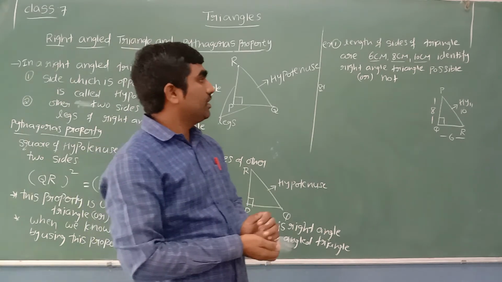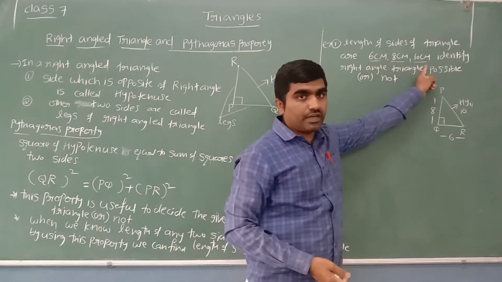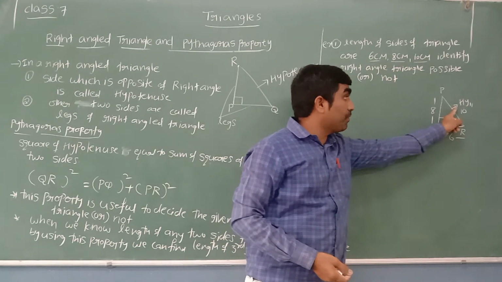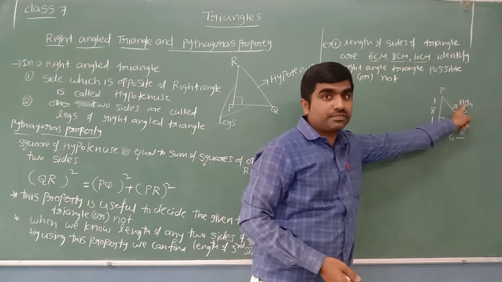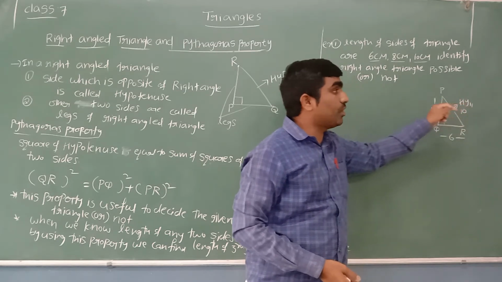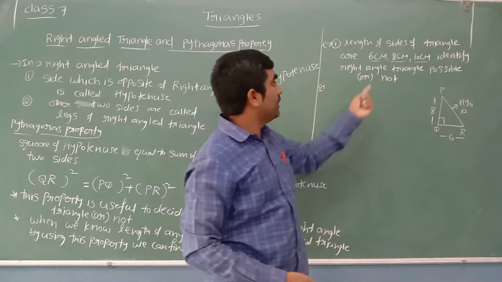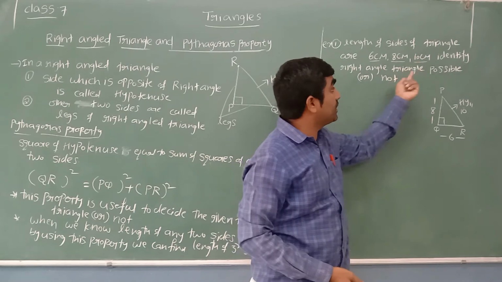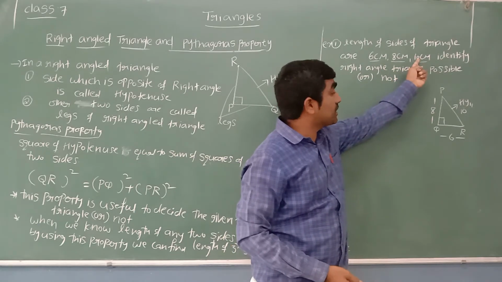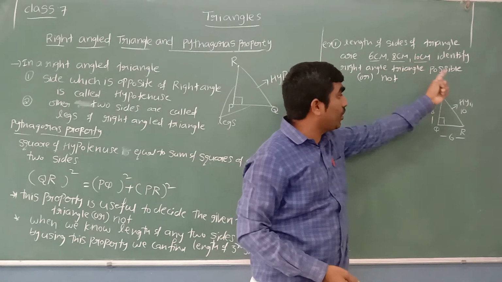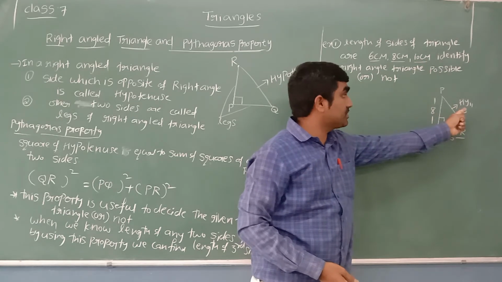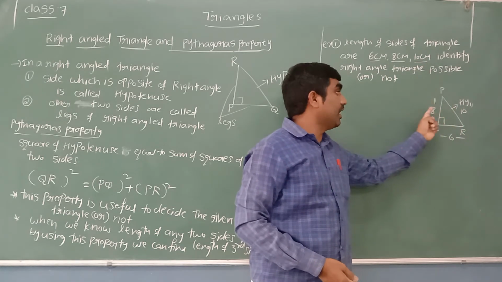Let me repeat once. Here they give the lengths of three sides. Keep in mind the side opposite the right angle is called the hypotenuse, and the length of the hypotenuse is always greater. In these three, which side is greater? 10 cm. So this is the greatest length, and that greater length we always write for the hypotenuse, because I said the hypotenuse is longer than the other two sides.